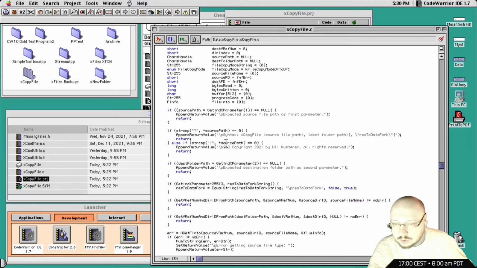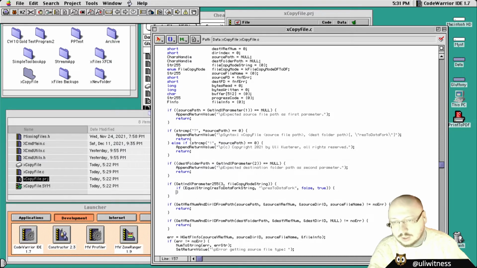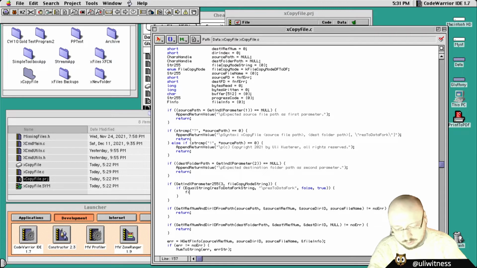And now here, file copy mode string, and now if equals string res to data fork, then file copy mode equals k file copy mode rf to df,